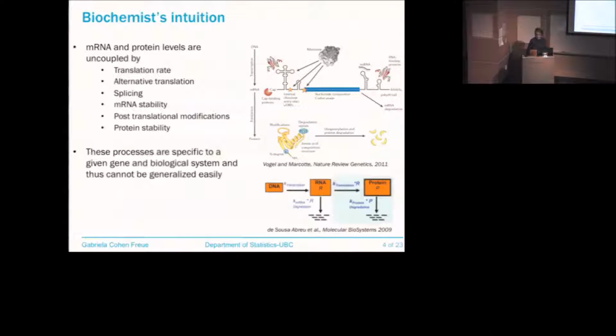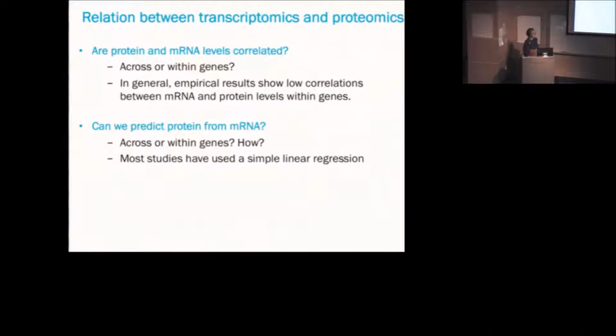But this has motivated many studies today that are looking for the relation between transcriptomics and proteomics in general. One of the questions that they are trying to answer in the literature is, are protein and mRNA levels correlated? And as easy as this question may seem to you, there are many controversies at that level. One of the main questions, and I'm going to focus a lot on that later, is, are we thinking of